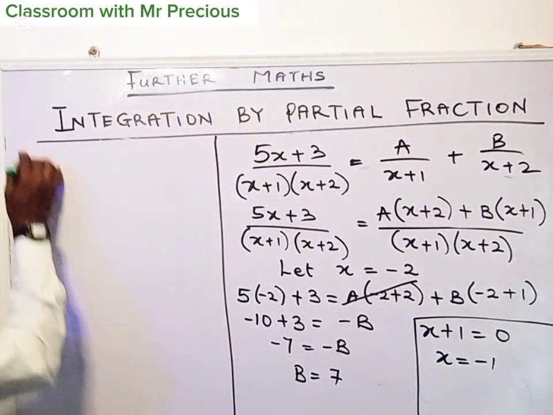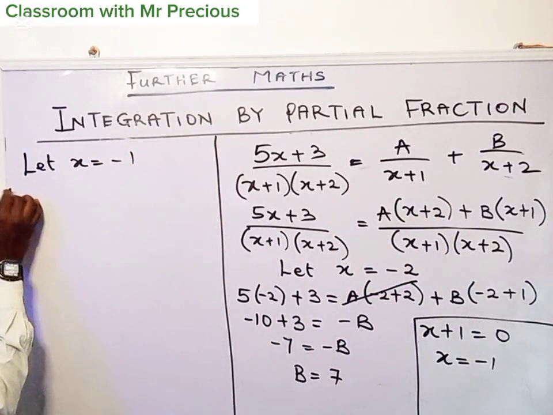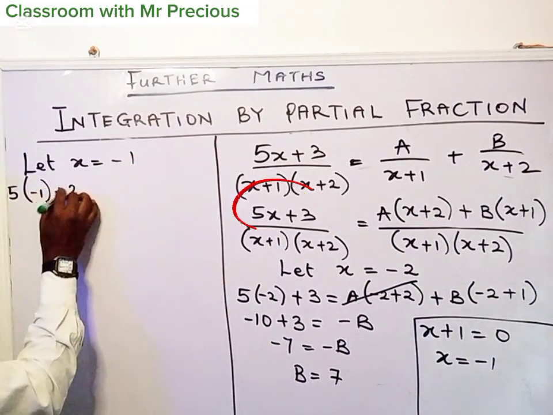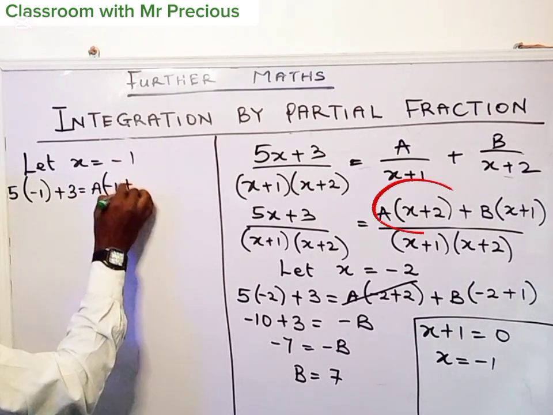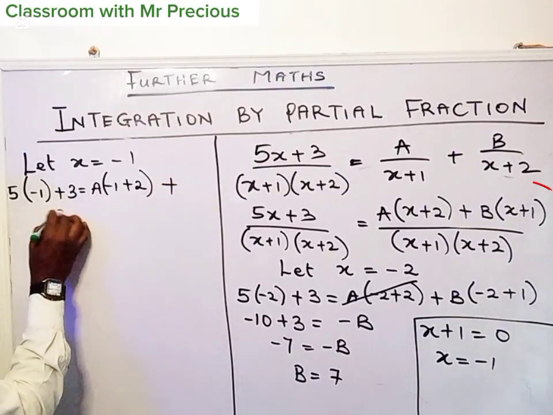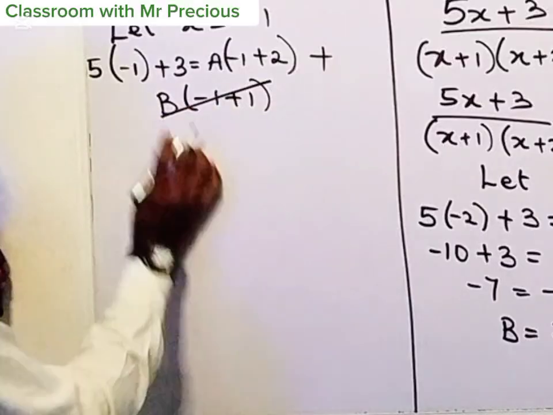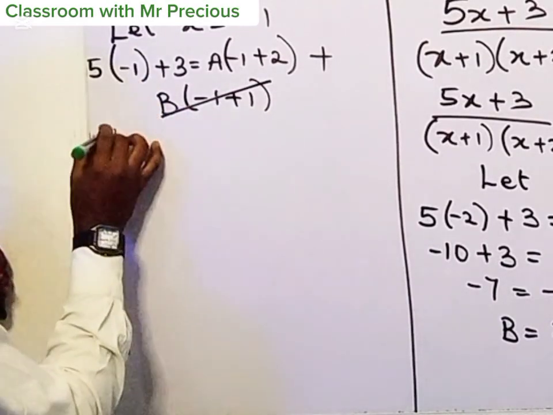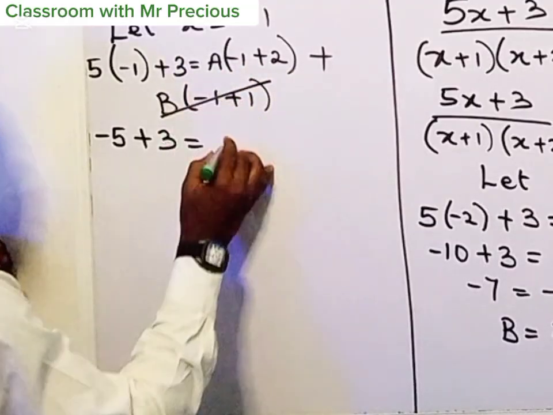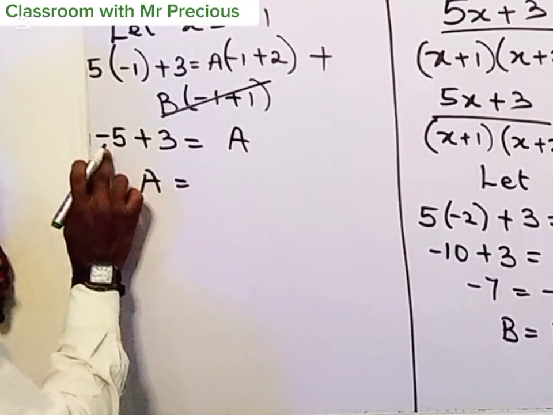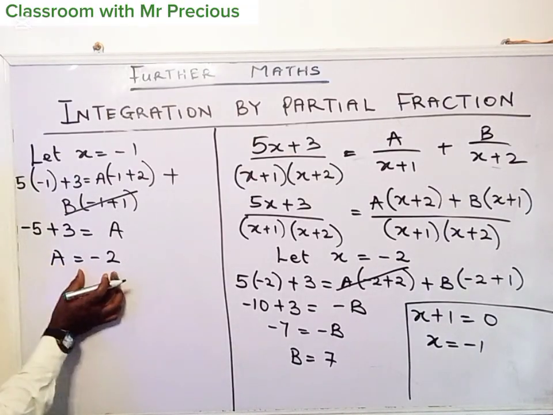So let's do that. You say let x be minus 1, and then you repeat what I just did. 5 times minus 1 plus 3 equals A times (minus 1 plus 2) plus B times (minus 1 plus 1). Obviously minus 1 plus 1 will be 0, so this will go. We are left with 5 times minus 1, minus 5 plus 3, equals minus 1 plus 2 is 1, 1 times A is A. So A is minus 5 plus 3, which is minus 2. So obviously we are able to get that A is minus 2